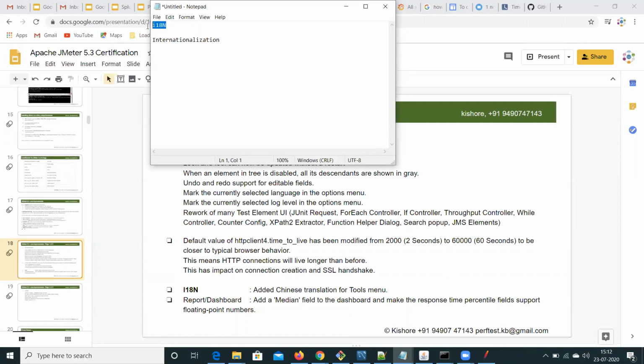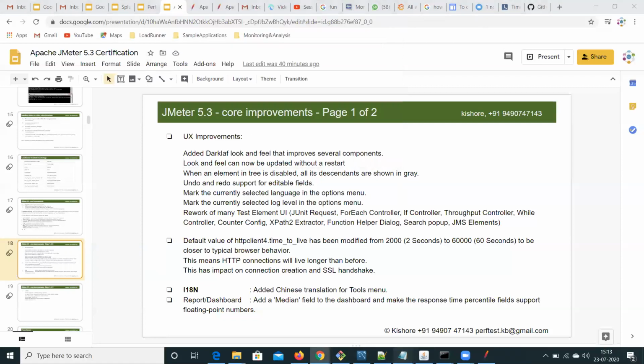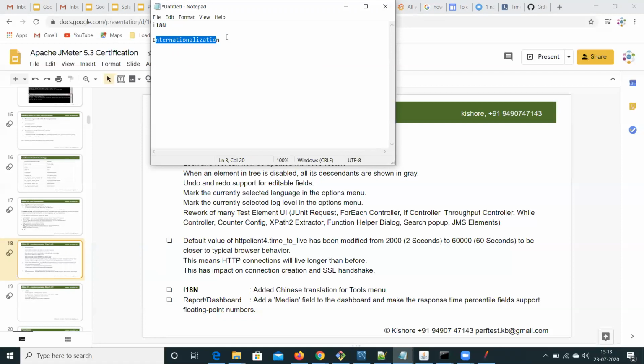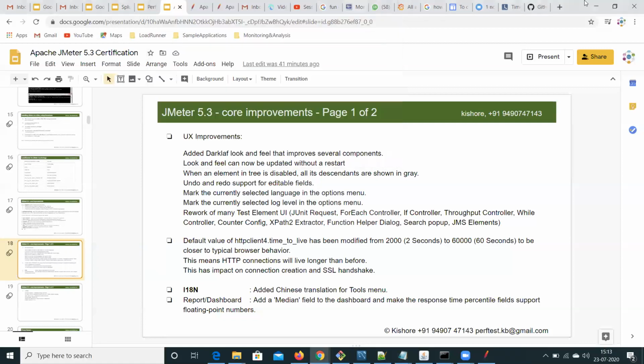And why it is called I18N is, if you observe, we have 18 characters between I and N. Let me show you that. Let me copy this. There are altogether 20 characters, and between I and N you will have 18 characters.